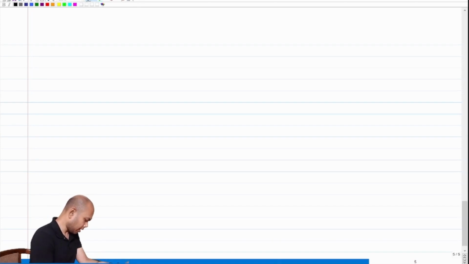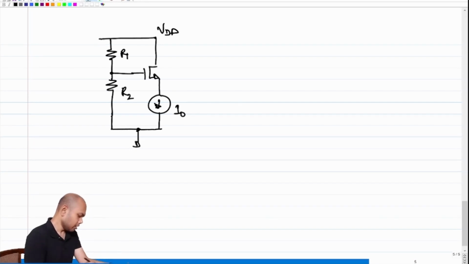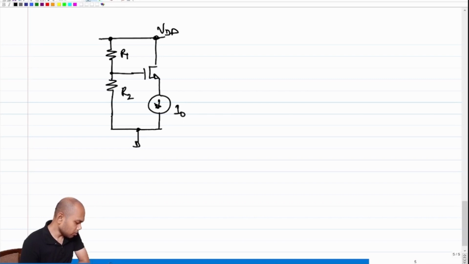So we are now at this stage where our biasing of the transistor using a constant current source, where the constant current source has been connected at the source of the transistor, it seems like we don't have to do anything, and the transistor is getting biased automatically, right? Okay, so far so good. I mean, looks like best of all worlds, but yet we haven't yet